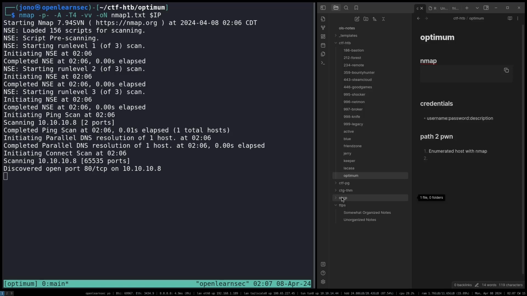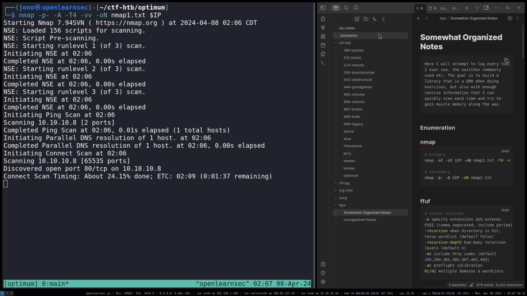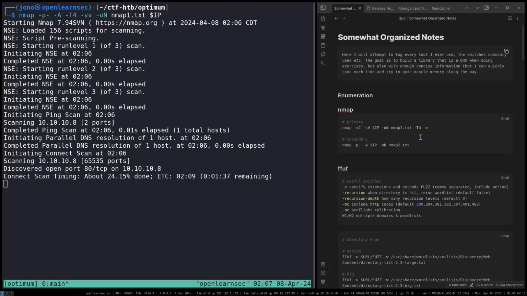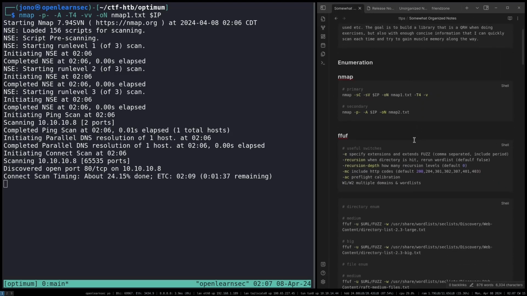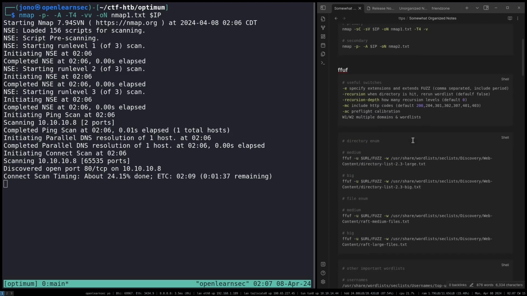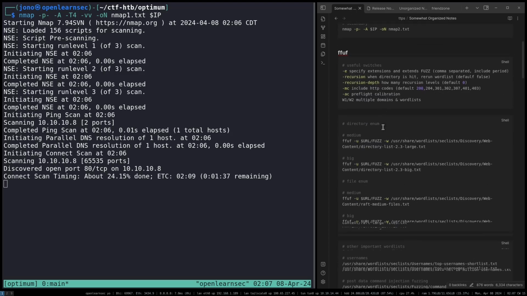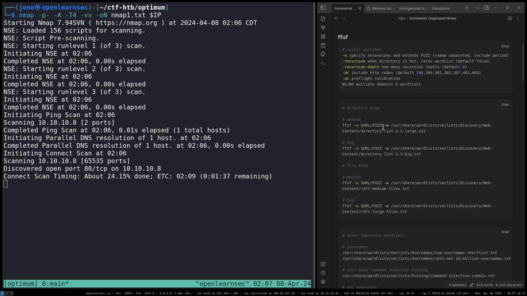I think the really important thing after each CTF exercise is to really file that information away, those lessons learned, maybe that new TTP that's discovered, whatever that might be, in order to make sure that it's captured. My somewhat organized notes are really because I want to try and avoid Googling the same questions over and over, right? I want to have a local knowledge base that I can quickly reference for a bunch of common commands for